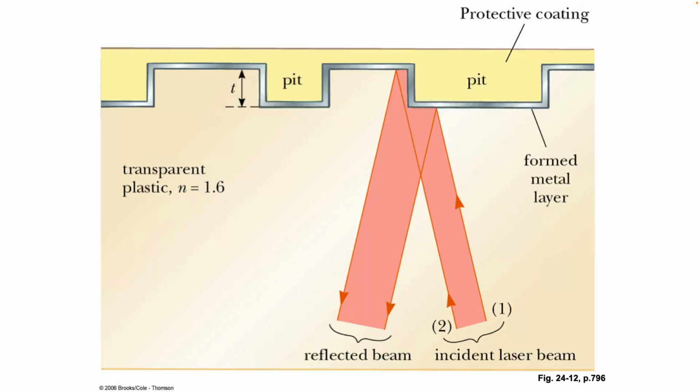Why a quarter? Because if you go quarter up and quarter down, what do you get? Half. And there's your destructive interference. So when the beam strikes on the edge, you get destructive interference, and the device knows that you're going from a pit to a trough, and so therefore you're going from a 1 to a 0. So there's another device that reads the reflected beam, sees flashing laser light, on, off, on, off, on, off, and what do you assign to a brightness? What do you assign to a darkness?